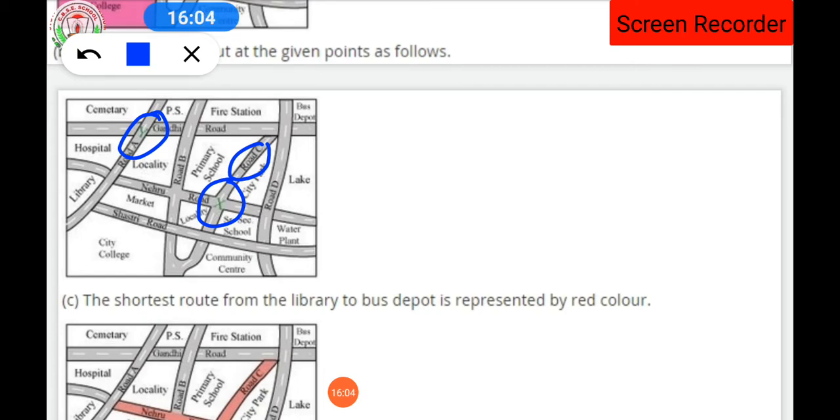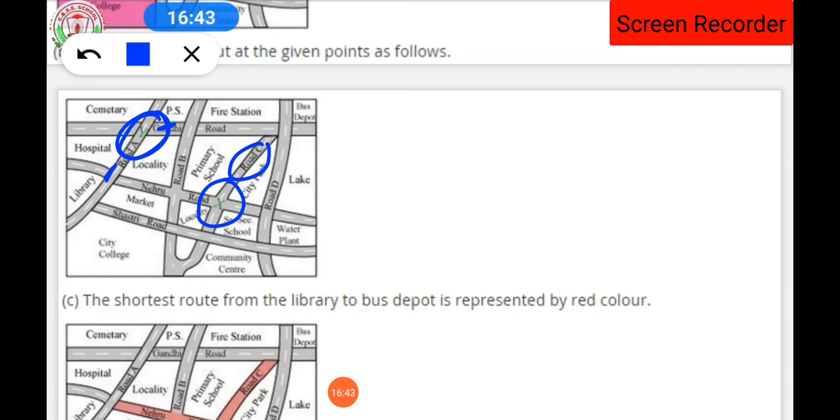उसी बी पार्ट में बोला गया है कि नेहरू रोड में भी आपको X मार्क करना है ग्रीन कलर से, ठीक है. तो वो हमने मार्क कर दिया. Then after it is asked that in the B part itself, green Y at the intersection of Gandhi Road and Road A. जहाँ पर रोड ए है और जहाँ पर गांधीनगर है, वहाँ पर आपको Y मार्क करना है. तो यहाँ पर देखो गांधीनगर ये वाला है और ये रोड ए है, तो हमने यहाँ पर Y मार्क कर दिया ग्रीन से, ठीक है. So here we had done the solution. In the same picture you have to do in exercise 10.2 itself.